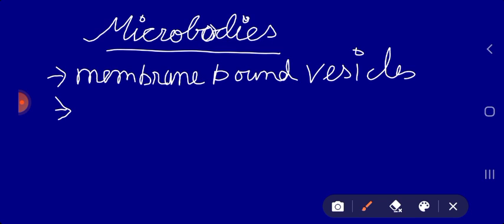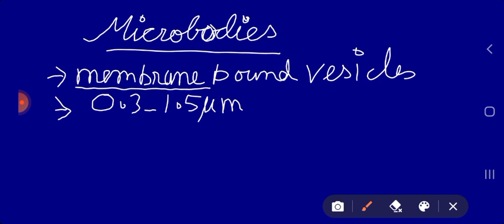Generally, microbodies are spherical and their diameter ranges from 0.3 to 1.5 micrometer. And these microbodies have a dense granule-like structure inside, and the membrane bounding these microbodies is about 7 nanometer in thickness. Okay,